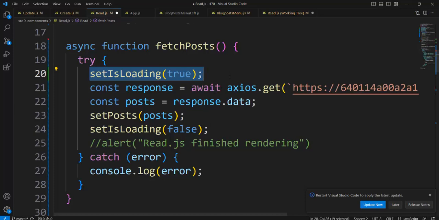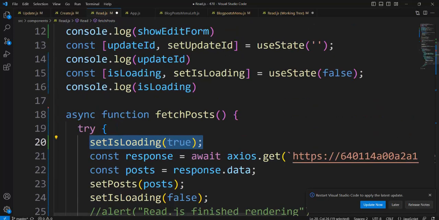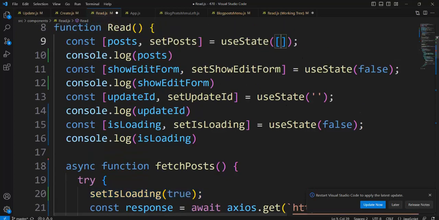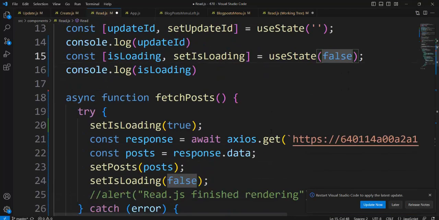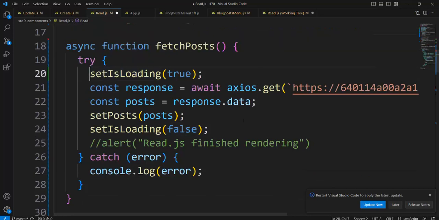It is not the initial state, it is a second state, and it will be post: empty array, show edit form: false, update ID: nothing, is loading: false, is loading: true. It would be the second rendering. After the second rendering, our function goes ahead. Here the rendering started and rendering goes, but